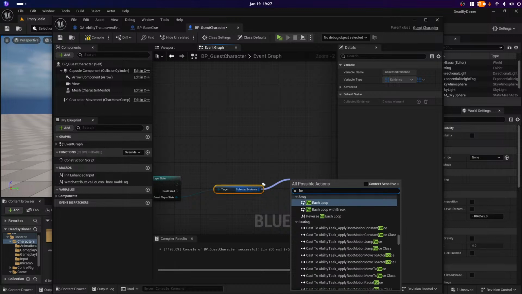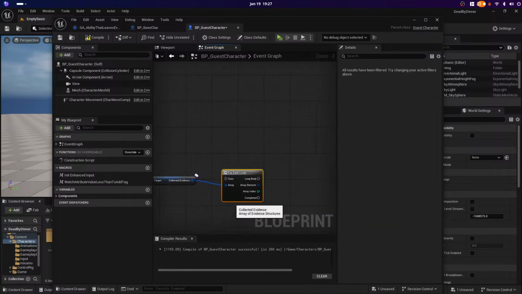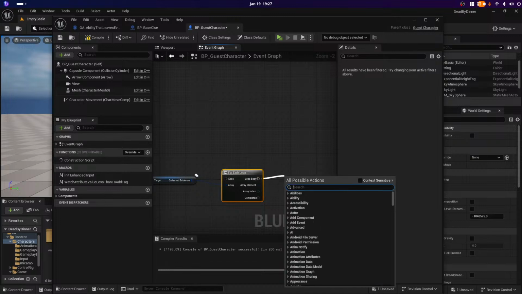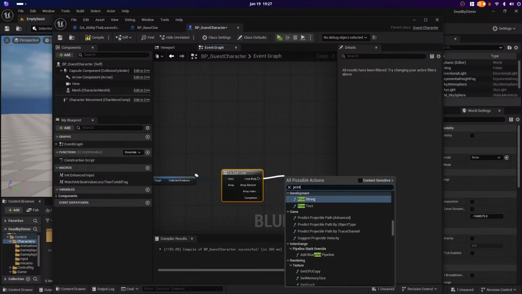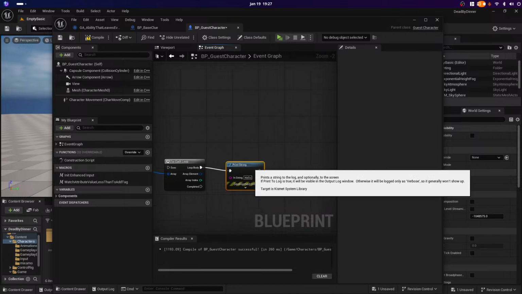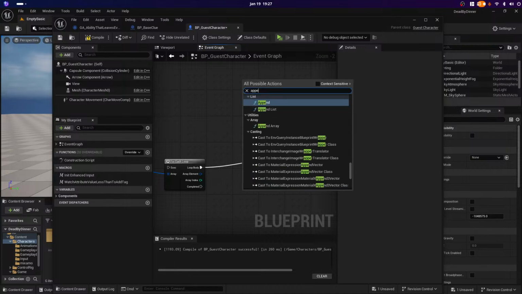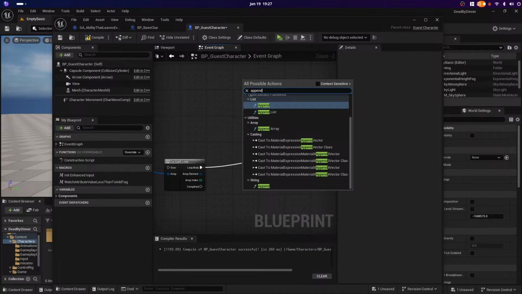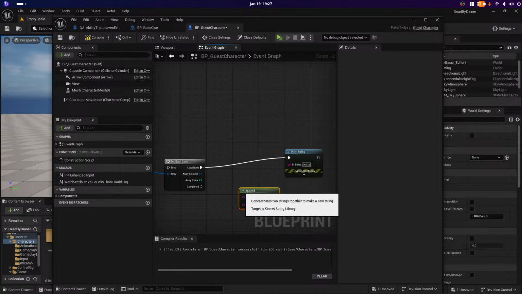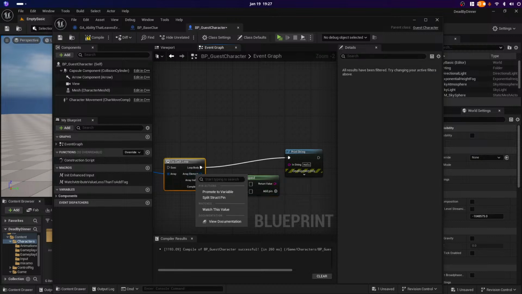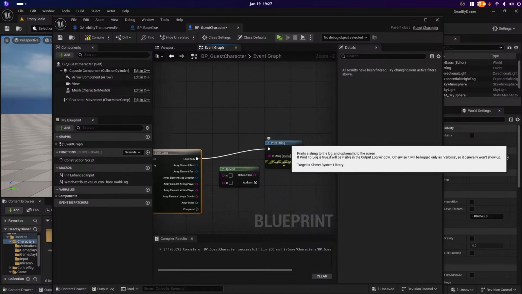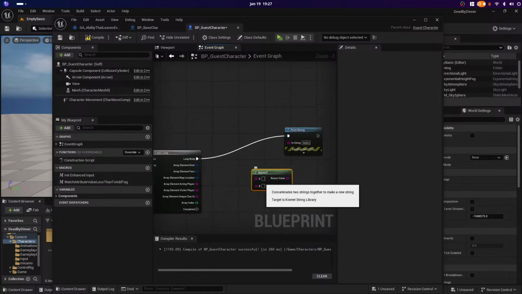And for collected evidence, for each, we're going to print, append string, and we're going to do this. Let's say